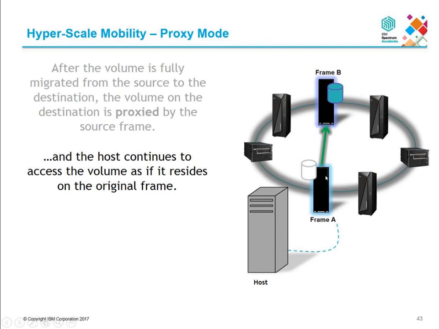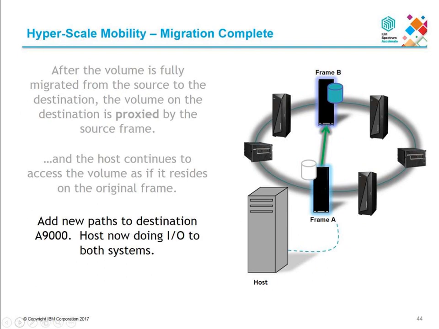The only thing that lives on the first frame in proxy mode is essentially a metadata header that allows the host to think that volume still exists along those paths. Then what I can do at that point is add multiple paths